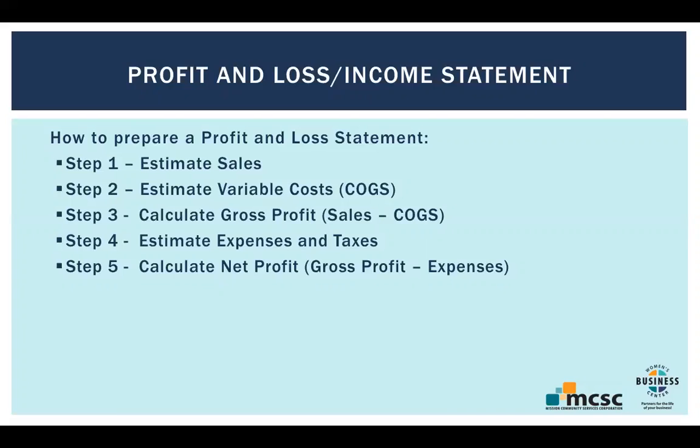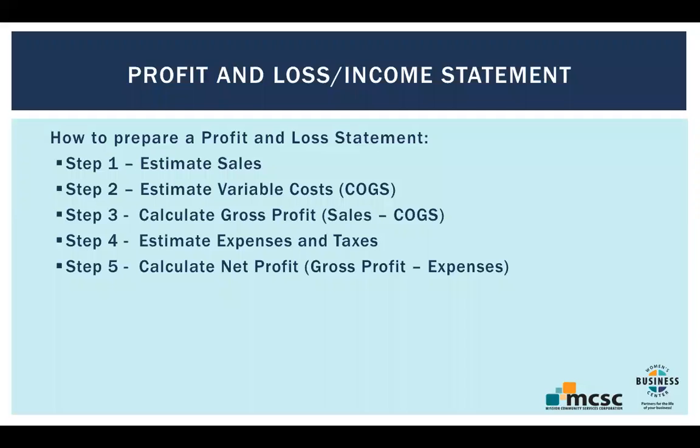And then we need to estimate expenses and taxes. So expenses are particular to that business. So as some of the things that we've mentioned a little bit earlier, some of my overhead. So what are my fixed expenses or things that I expect to take place in that particular period? So if you're doing a 1 month P&L, or if you're doing it in, let's say, a 6 or 12 month, okay, what expenses can I expect from each of those different chart of accounts, each of those categories: advertising, salaries, rent, insurance, transportation, things like that. And then calculate all of that.